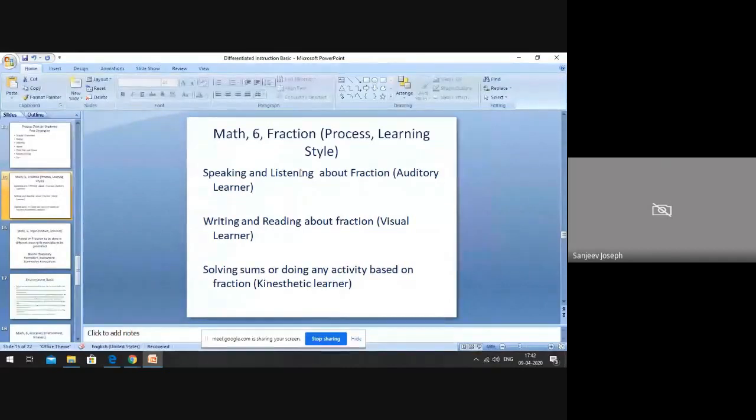Whatever we are discussing, that is differentiated instruction, can be presented and done in many other ways, and we all have no particular set of rules for what we want to do when we are doing differentiated instruction. Here I am just sharing my experience and the way which I am doing, but all of you must be doing it in different ways. And as I told, there is no particular set of rules for setting up a class for differentiated instruction.